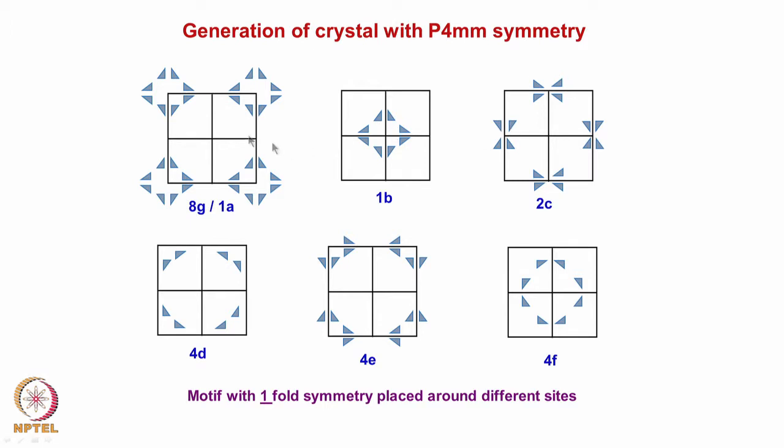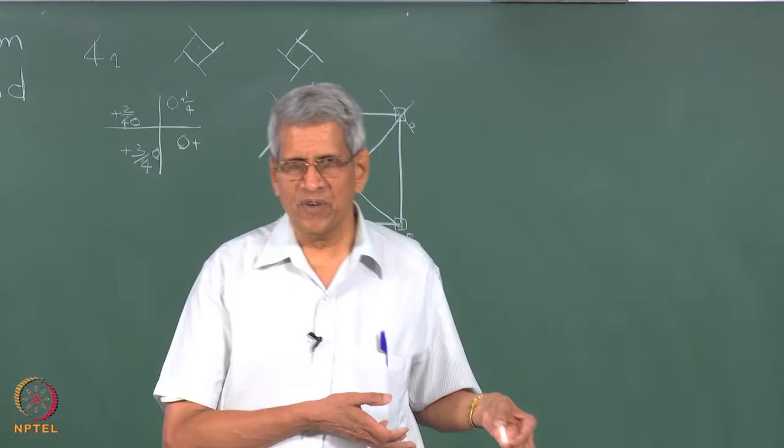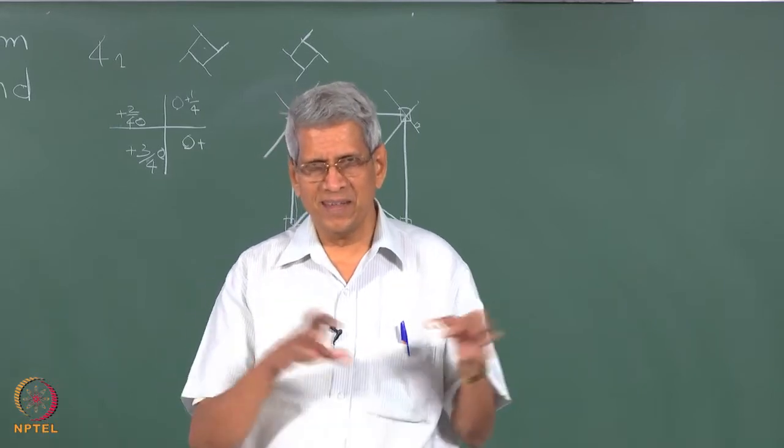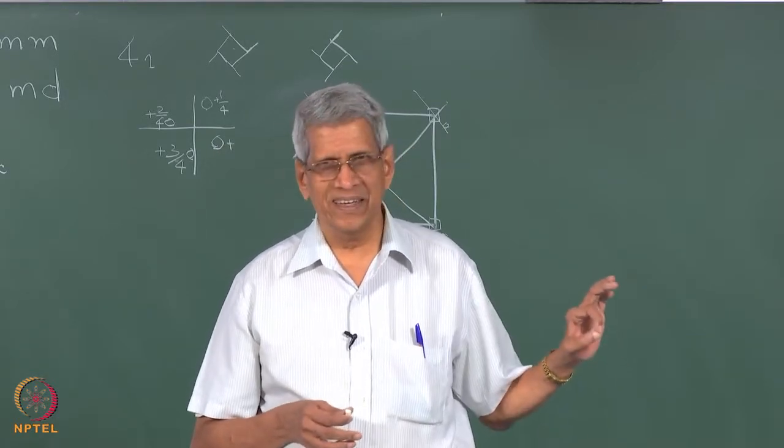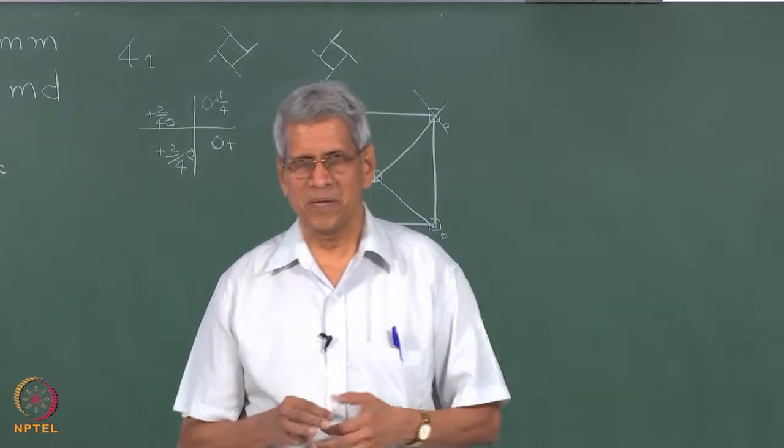Everywhere if you try to see it, within the unit cell how many are there? 1, 2, 3, 4, asymmetric 8 are there, correct? Here also 8 asymmetric motifs are there. Here also, even though we had kept this around 2 mm symmetry, now if you look within the unit cell, how many? 8 are there everywhere. If you look at it, all of them satisfy the 4 mm symmetry. That is, the crystal symmetry is satisfied by the motif. So whichever configuration you put the motif, unless they are placed in this specific way, we will not be able to generate the crystal exhibiting this symmetry. Is it clear?